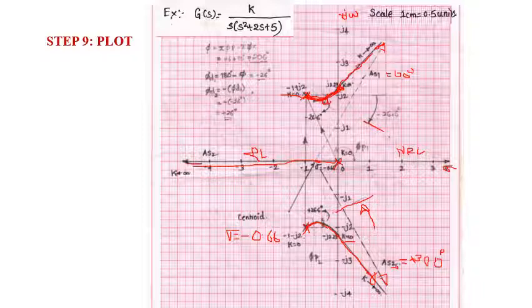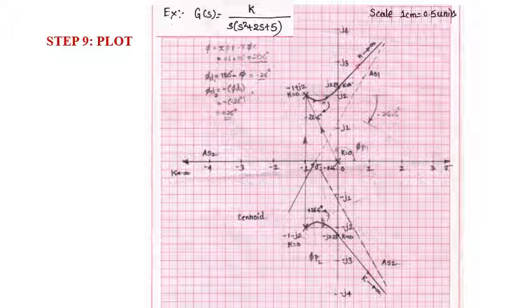The second branch is going to start from K equal to 0 at S equal to minus 1 plus J2, passing through J2.223 and going through this side. Another branch is going to start at minus 1 minus J2 at K equal to 0, passing through the intersection point minus J2.223 at K equal to 10, and as the value of K increases, it tends towards infinity. So this is the plot for our problem, that is for one real and two complex poles.